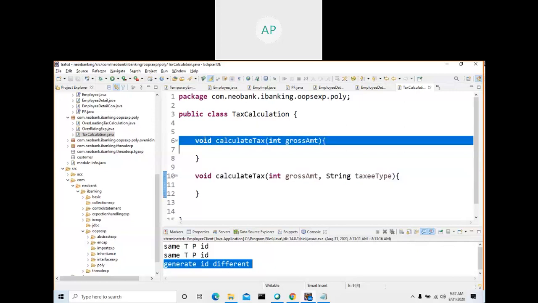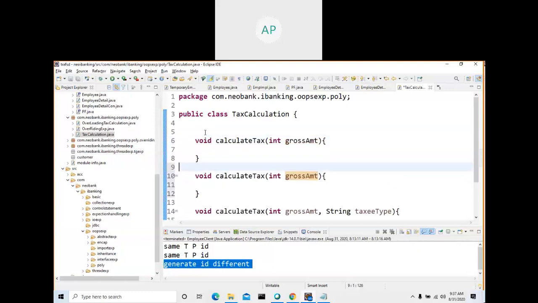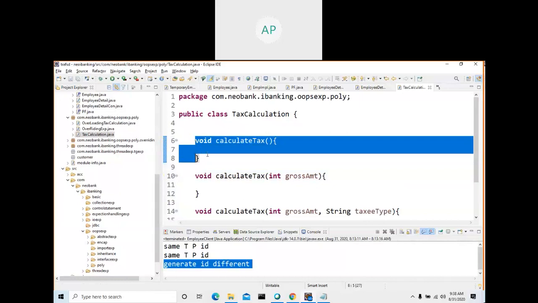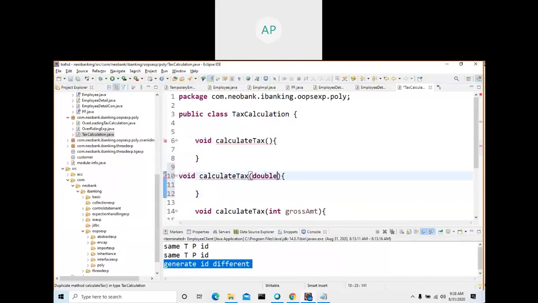Also I can write a default parameter. It will work. And you see one more example. Let me write another method with double gross plus amount.